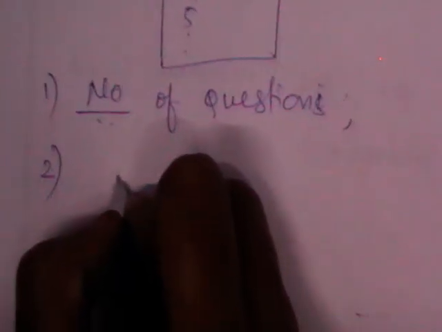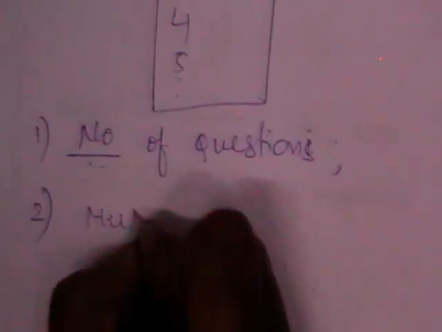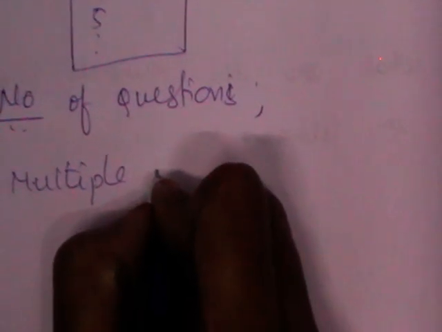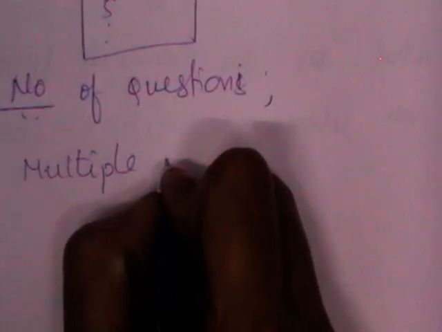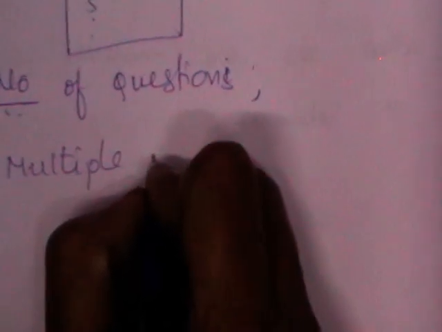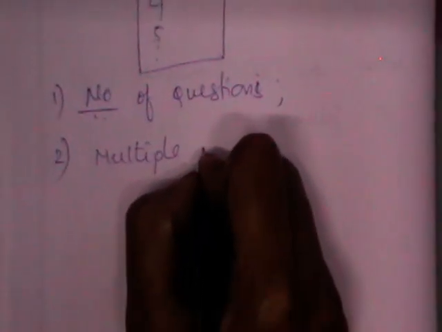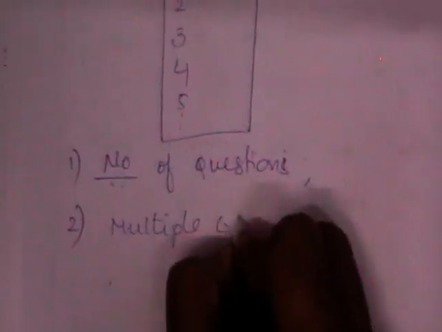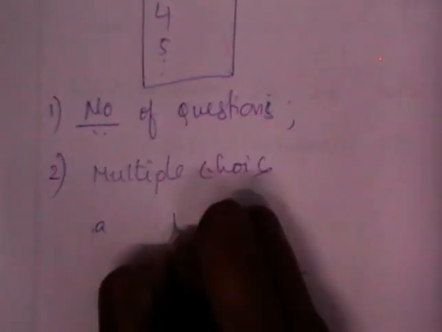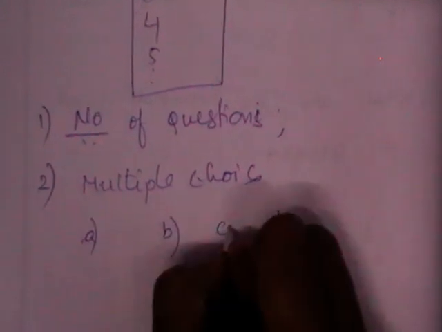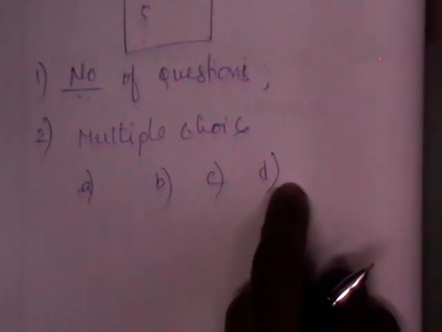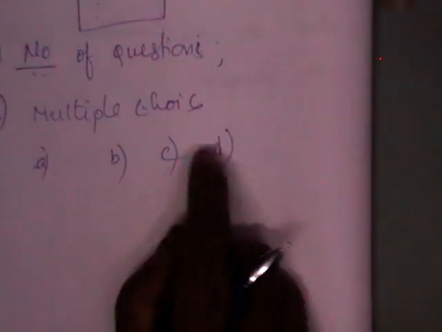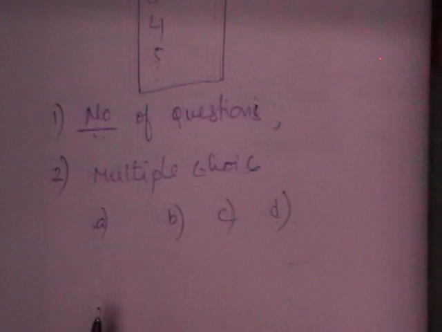And moreover, it should have multiple choice options, so you cannot pose questions like write a short note on that or describe in 2-3 sentences. They should be as simple as possible, and there should be no ambiguity when you give multiple choice. Suppose a question consists of 4 options, there should be no ambiguity among them. These should be 4 different options. So that is another point to keep in view.